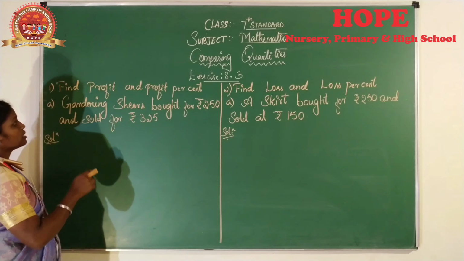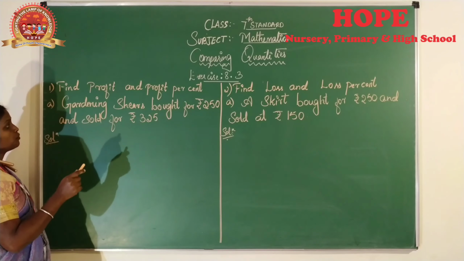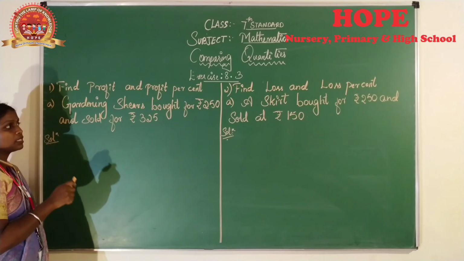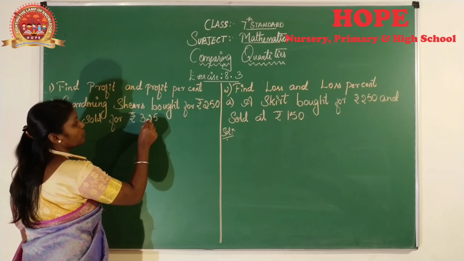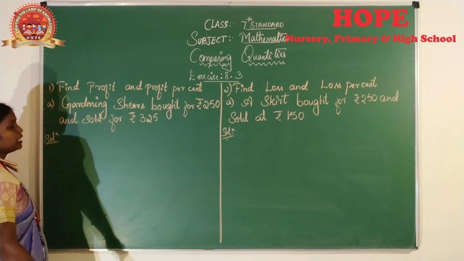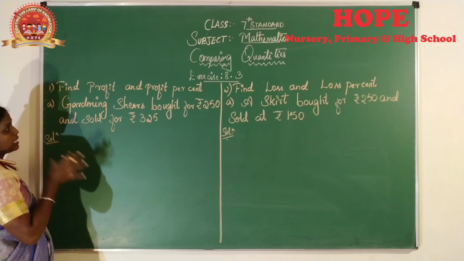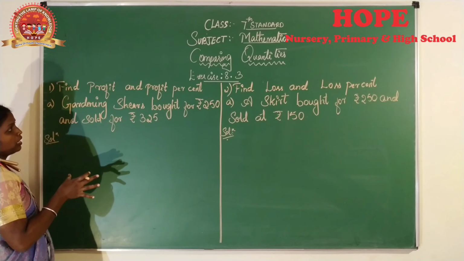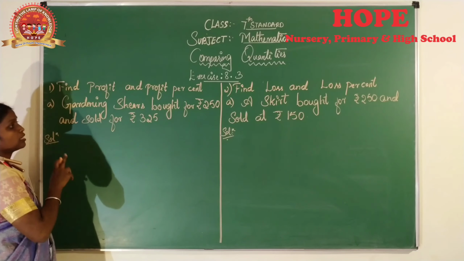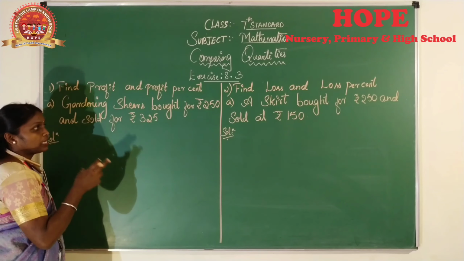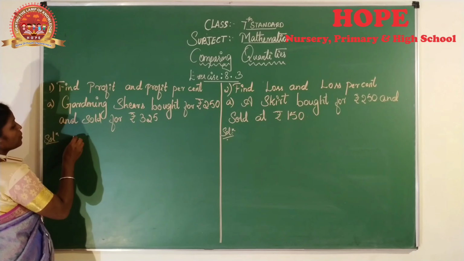The question given to us is: gardening shares bought for rupees 250 and sold for rupees 325. By seeing this we can tell the person has bought the gardening shares for rupees 250, but he has sold them for rupees 325. So shall we take it as